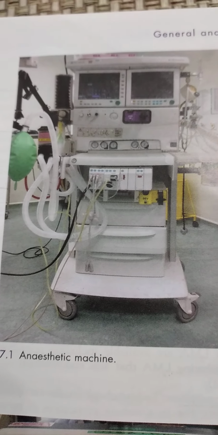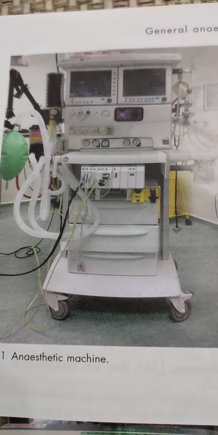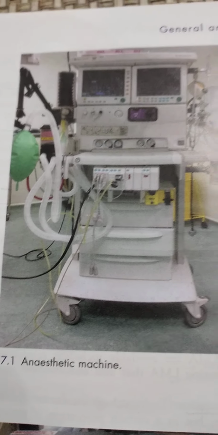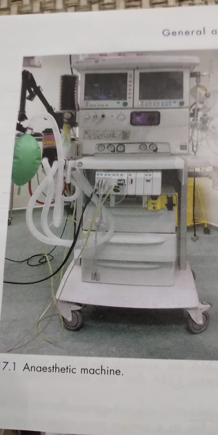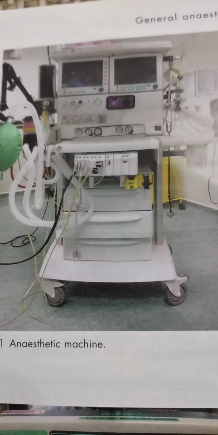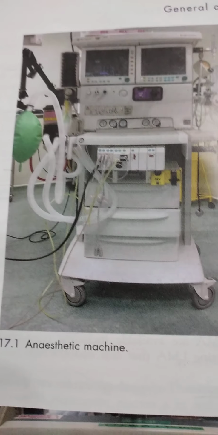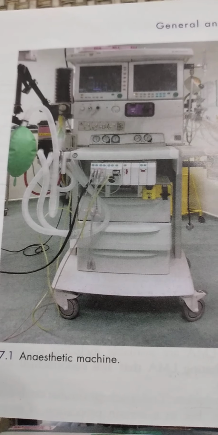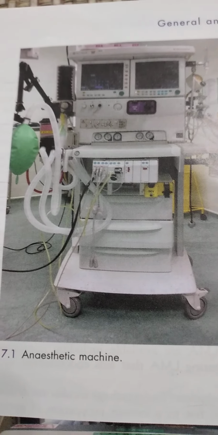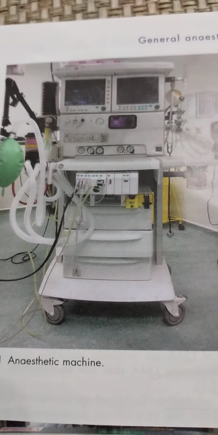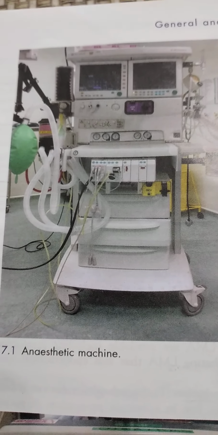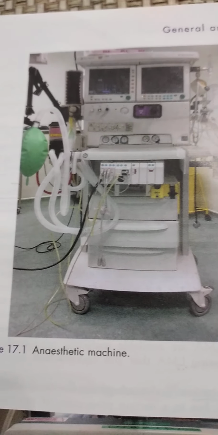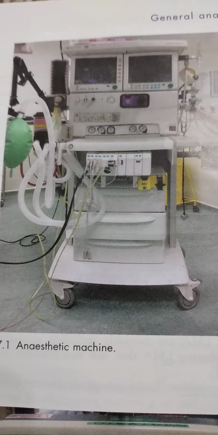This is a machine for general anesthesia. This machine works on the principle of giving anesthetics in a controlled form and controlled volume and pressure. Once a person is intubated with the endotracheal tube, you find a balloon, you find the monitors also, and you can regulate the inhalation anesthetic agents. This is called the anesthesia machine, and the older versions used to be the Boyle's apparatus, which was a very primitive kind, a totally manual machine in which you have to inflate the balloon manually by your hand.